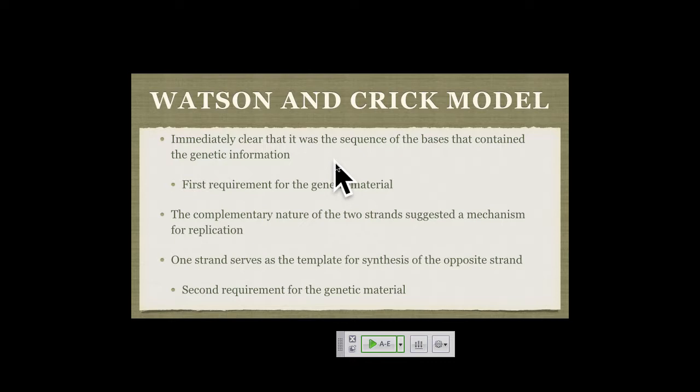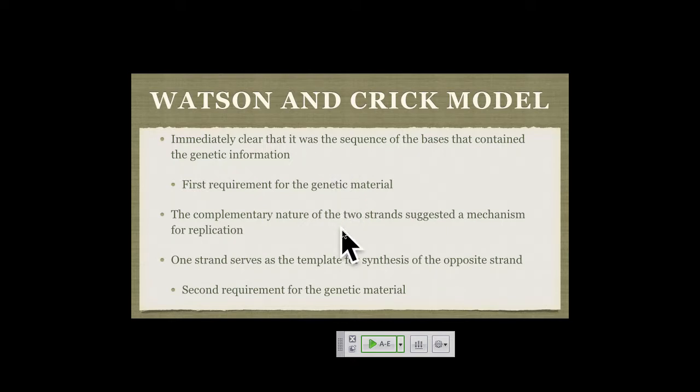And the question was, how could you encode the genetic material? How could you encode the information that had to be stored there? Well, with Watson and Crick's model, it became clear it was the sequence of the nucleotides that provided the primary information. I'm waffling on that a little bit and saying that it's the primary information because, as we'll see as we go further into the course, there's a lot of other subtleties to the DNA that are providing genetic information that go beyond just simply the nucleotide sequence. But at the basic level, it was clear that you could encode this genetic information in the sequence of the nucleotide. So that's the primary structure of the molecule. So that meets the first requirement.